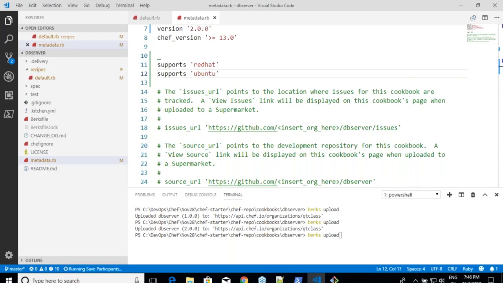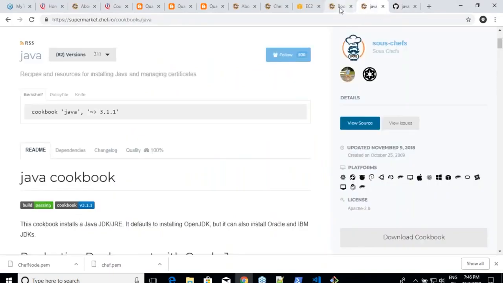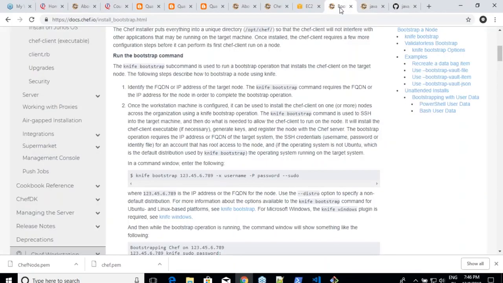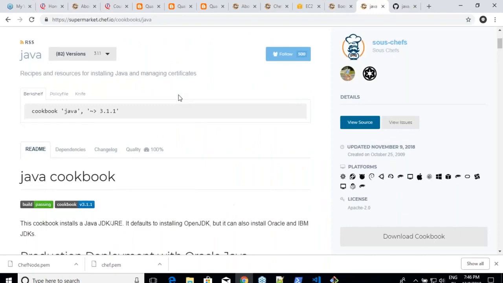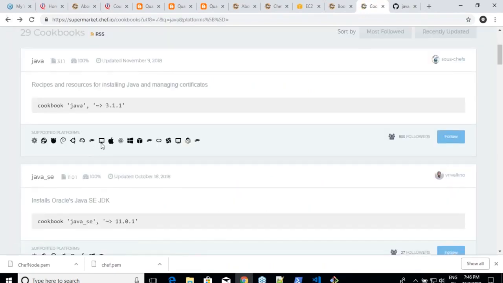Which means this cookbook is supposed to be executed only on two environments, which is Red Hat and Ubuntu. Am I clear on this? So that is what this person also does. That is what you see over here. Whenever you search for this, are you seeing these platforms?